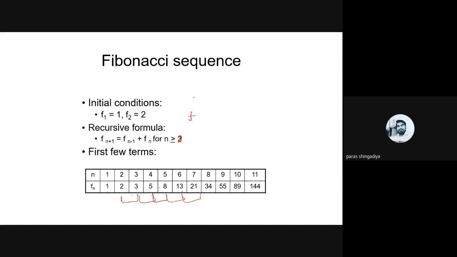For f3, put n equal to 2 there. So f3 will become 2 plus 1, which is f3. So f3 is equal to f(2 minus 1), which is f1, plus f2. Now n equal to 2 we replace, so it will become 1 plus 2, and that is equal to 3. So the answer of f3 is equal to 3. Now put n equal to 3, and we'll get f4. So f4 is equal to f(3 minus 1), that is f2, plus f3. f2 we have as 2 and f3 we have as 3, so it is equal to 5.